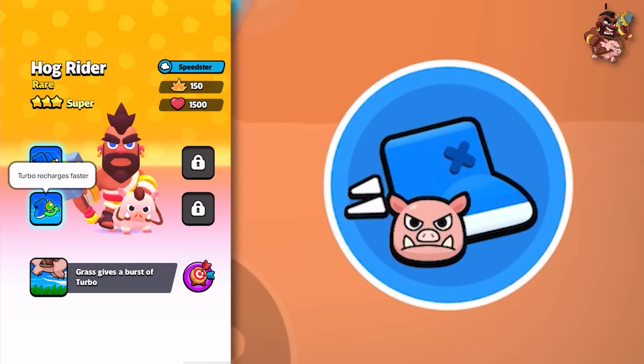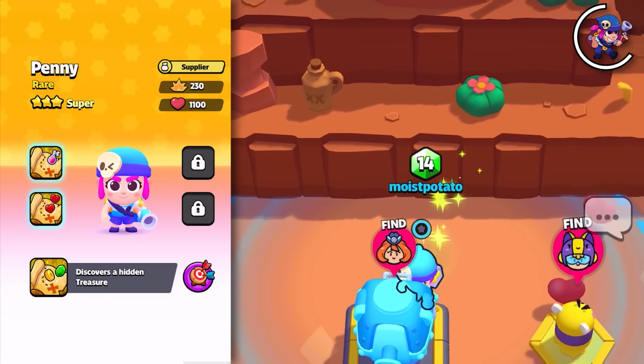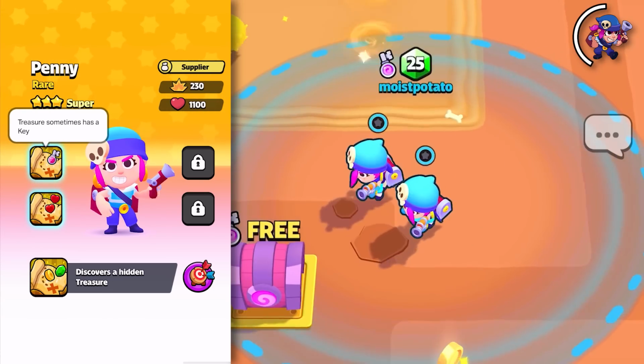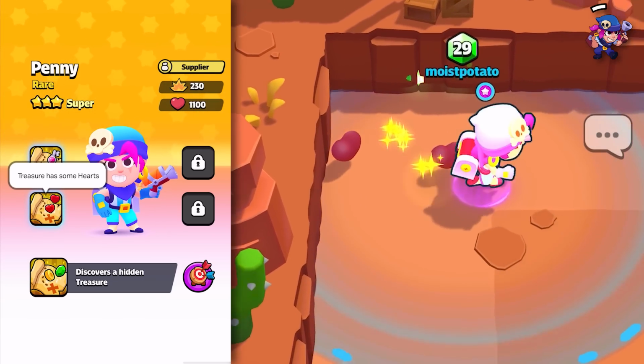recharge even faster. Next up is Penny, who deals the highest amount of damage so far, and her base ability allows her to discover hidden treasures across the map. And her classic ability allows her treasures to sometimes find a key, allowing your next chest to open for free. And when upgraded to her super ability, the treasure sometimes contains some hearts, allowing you to heal up your entire